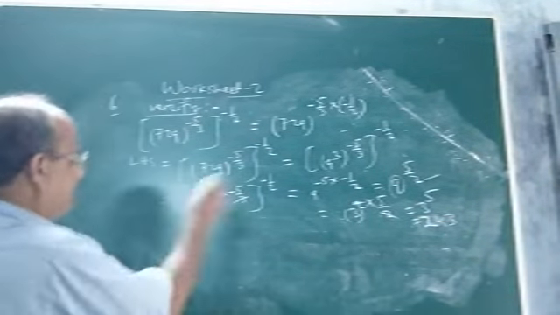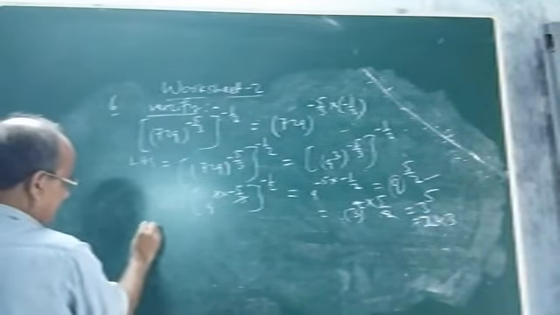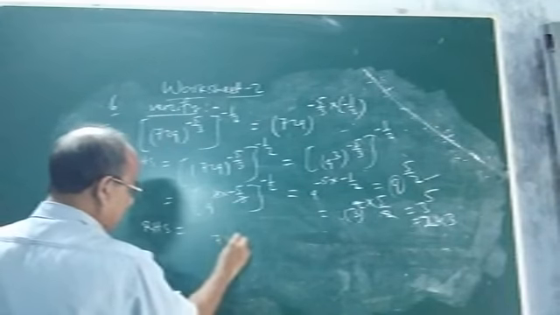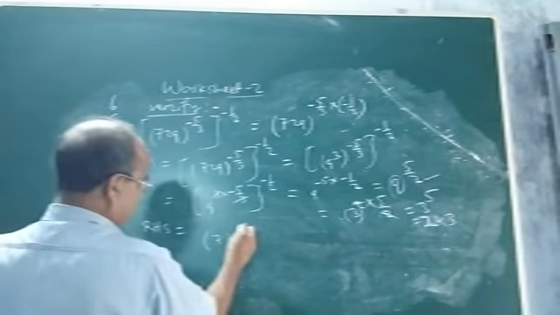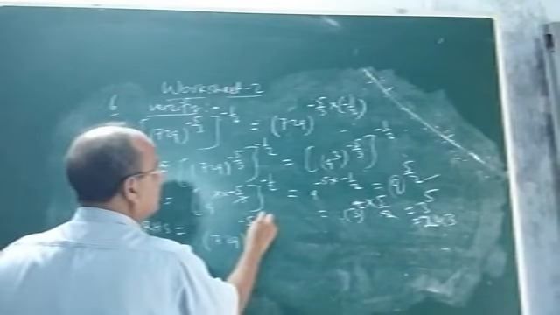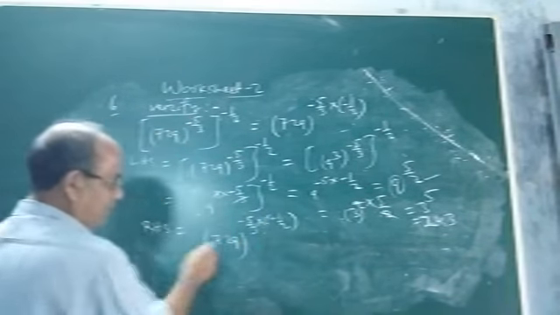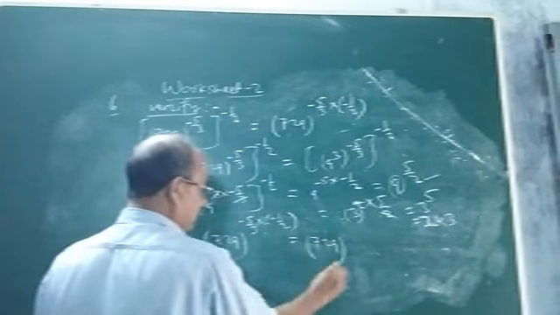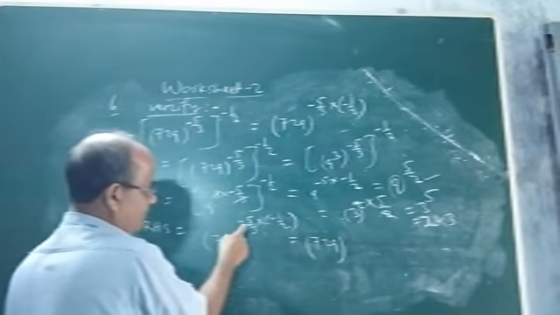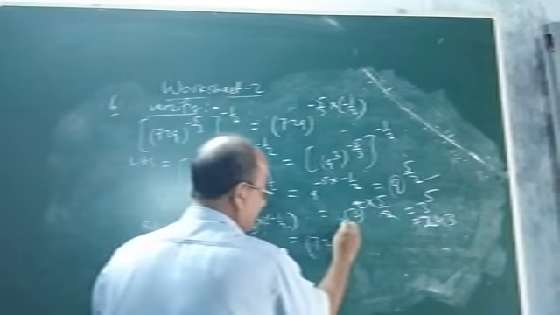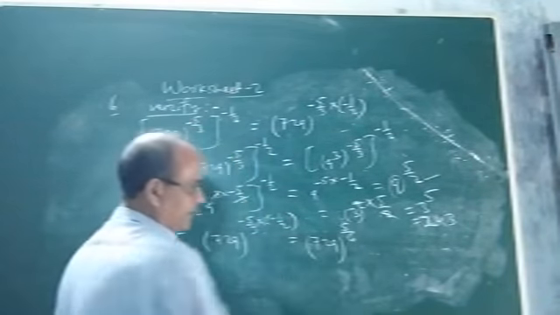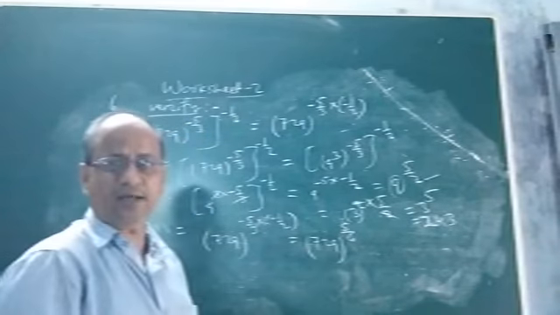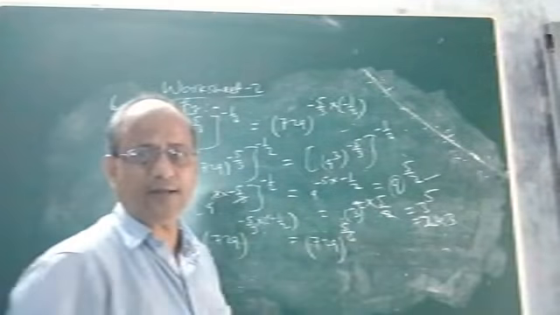Let us break the RHS. Now see, what is RHS? RHS is 729 whole to the power minus 5 by 3 into minus 1 by 2. So what to do? First you multiply these two. It is 729, you see. This will be minus minus plus 5 by 6. Okay, now look at the denominator. What is the denominator? The denominator is 6.